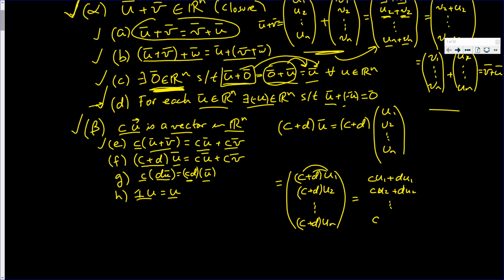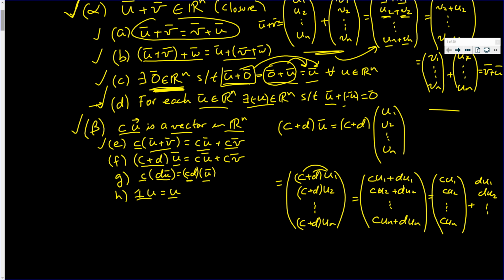All the way down to CUN plus DUN. But that's nothing more than CU1, CU2, all the way down to CUN, plus D times U1, D times U2, all the way down to D times UN